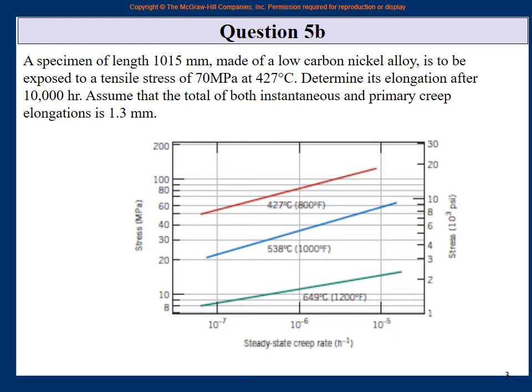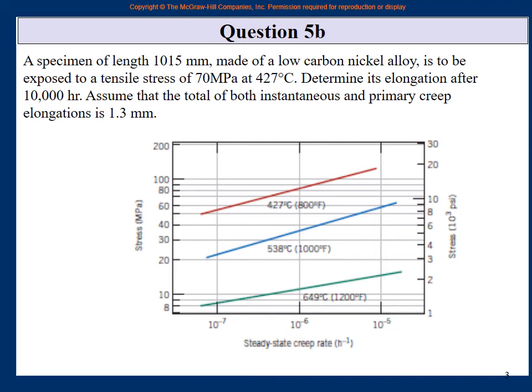Because that one value is definitely not there. So I show the whole process, and that one value which I would have found from a graph or somewhere, I would put as x and give my answer in terms of x. The second best thing would be that I write in my solution that doctor, professor, whatever, you forgot to give the graph. I looked for it and I found it in the Callister book.